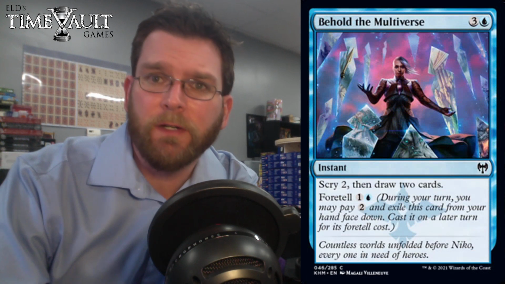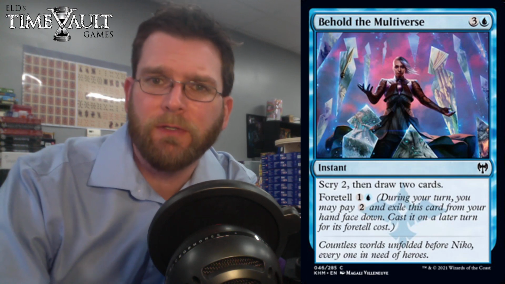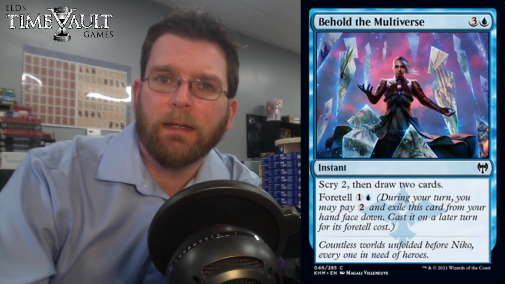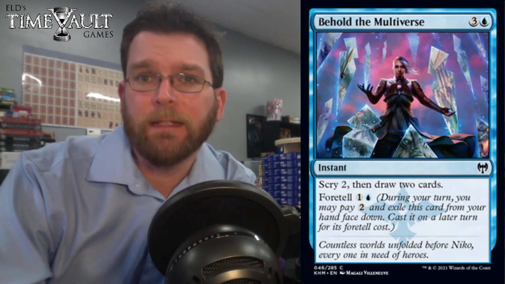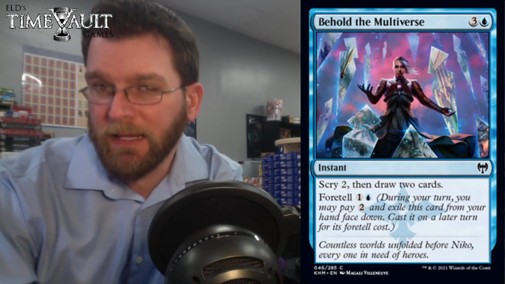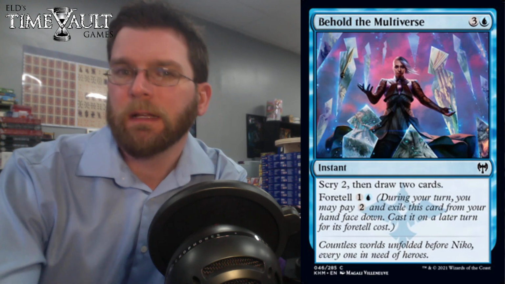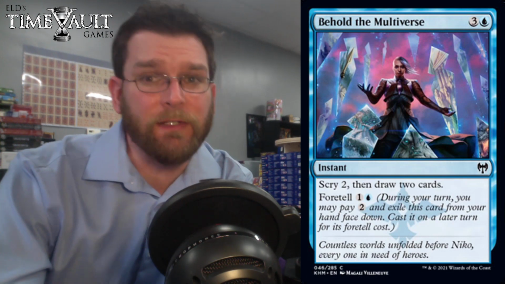Behold the Multiverse, 4 mana instant, scry 2, then draw 2 cards, and you can also, again, go with those 2 low payments of 2 mana, and that's fine. The 4 mana for the effect is playable. Like 4 mana instant, draw 2, Inspiration. That's a thing that we've played before without holding our nose too much, but getting the scry out of it